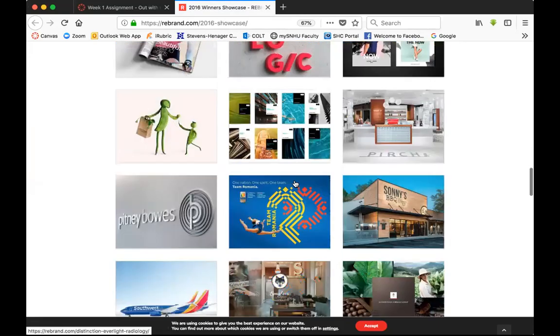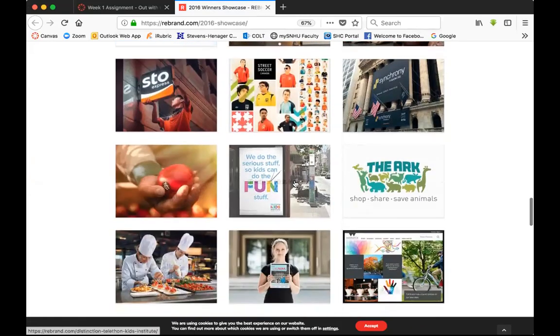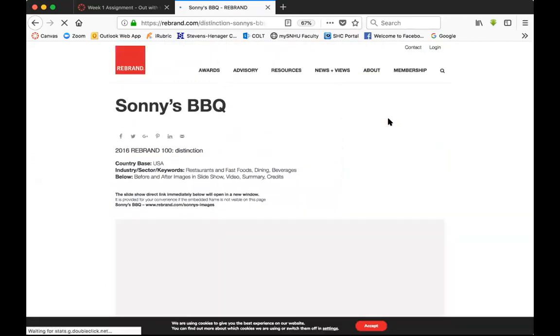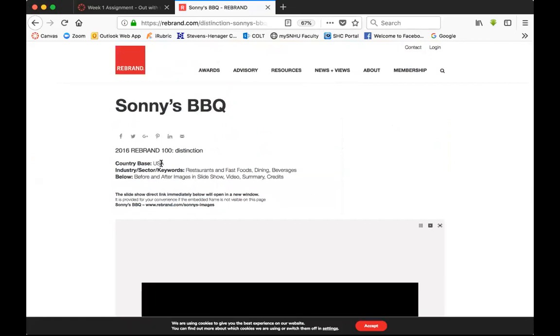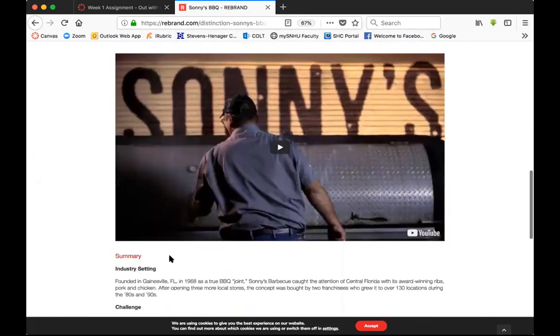So let me give you an example here, Sunny's Barbecue. You just click on the actual icon and it's going to tell you where it's at. It's a rebrand, and it tells you the industry. Not only is it going to show you, it might even show you a video of the rebrand.